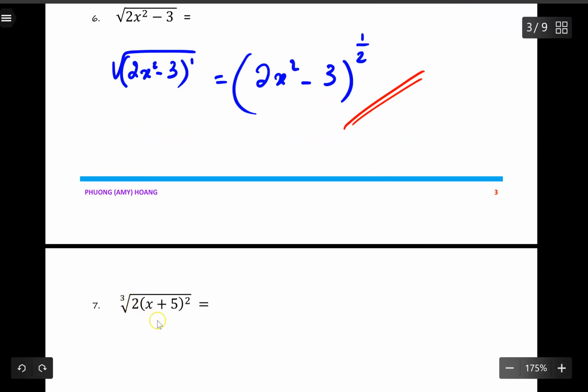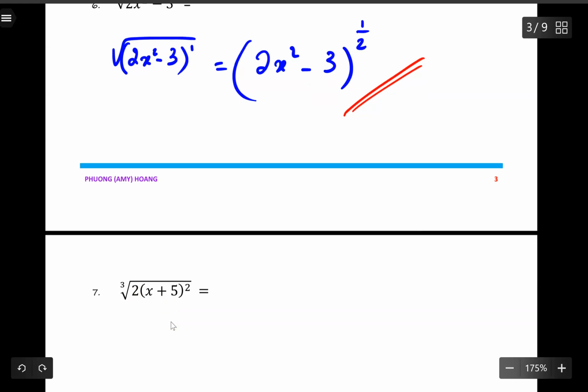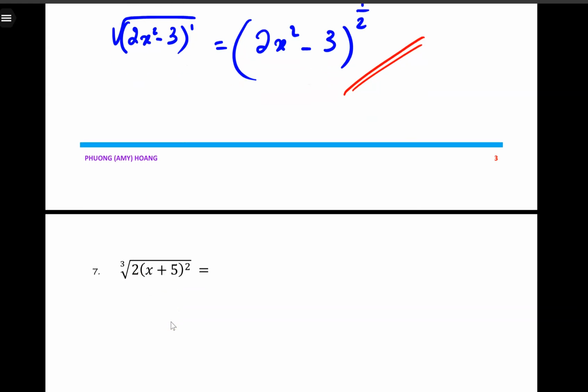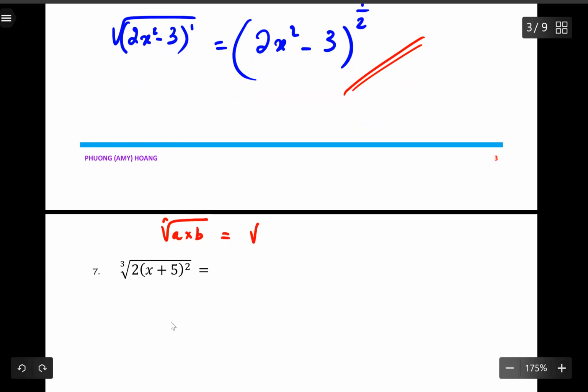Before I can do anything with this, I will need to do two things, so I will need to remember these formulas. If I have the nth root of a times b,